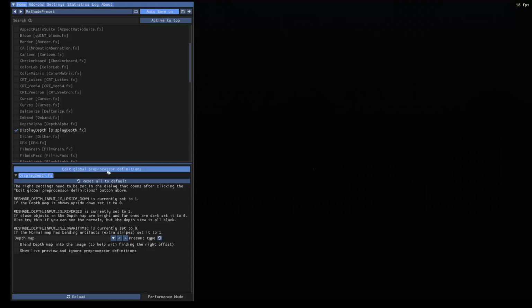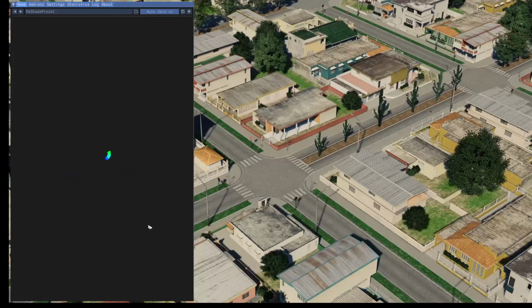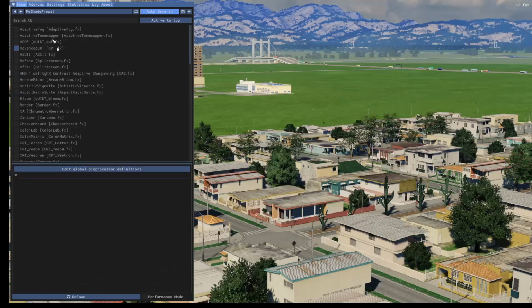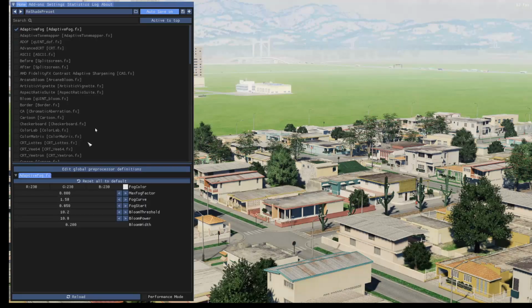Click the Edit Global Preprocessor Definitions button and set the values: upside down 1, reverse 1. Wait for it to reload, and you should see a faint gray image. This tells ReShade what is at the front and what is at the back. The purpose of depth information is so that we can use shaders like adaptive fog,